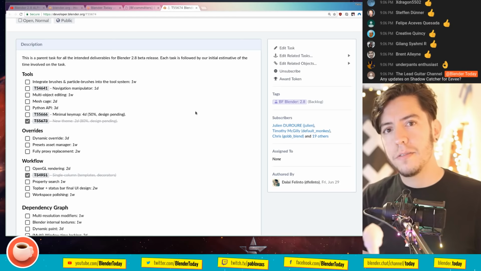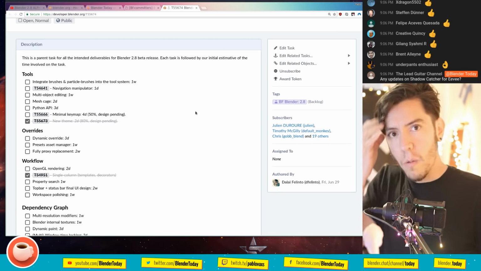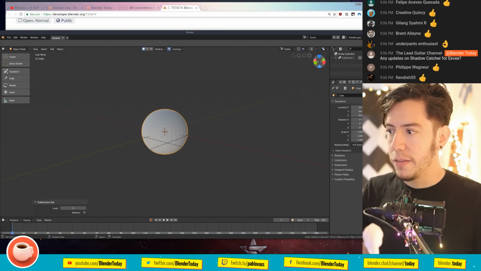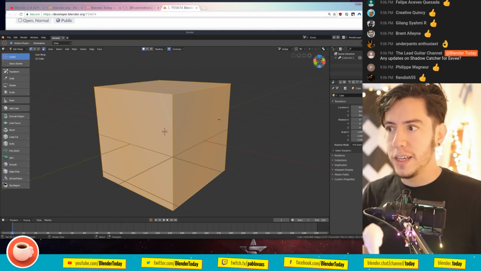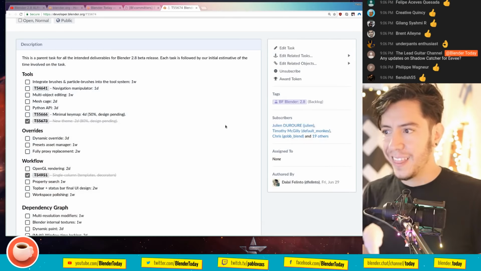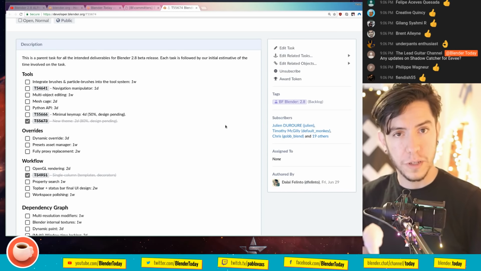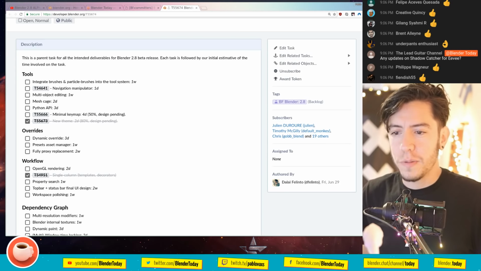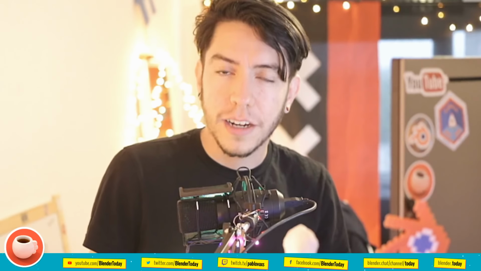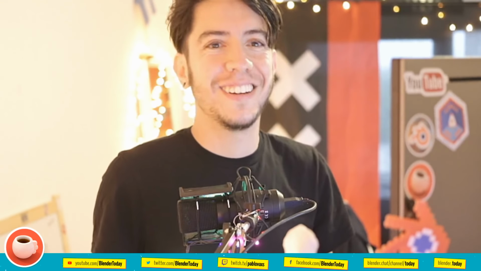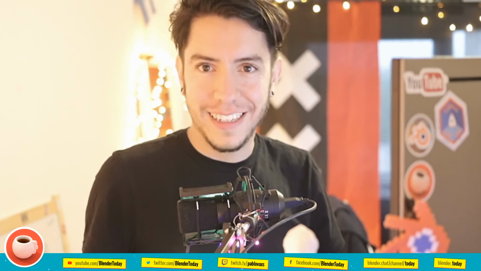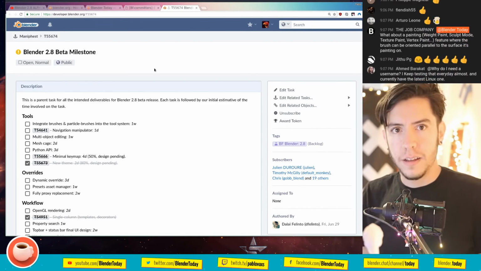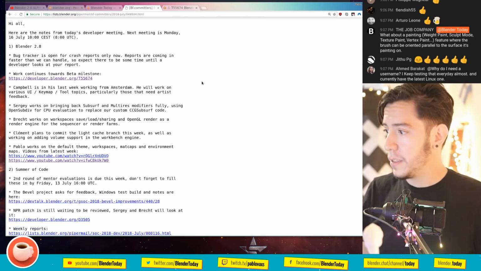One of the questions people always ask is why in edit mode the modifiers are not visible. If I have a subsurf ball in edit mode, I don't see it. Well, that's because the cage feature from 2.7 is still not implemented, but of course it's going to come. I say of course, but maybe it's not very clear: yes, the modifiers will work in edit mode. Don't worry, don't go crazy. They're going to work. And you can read about all these changes in the meeting notes from today.